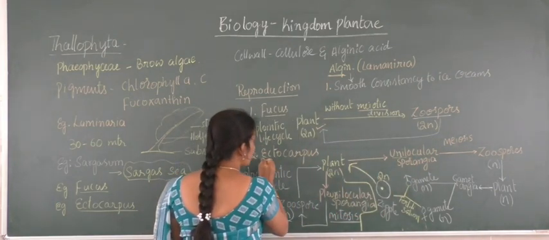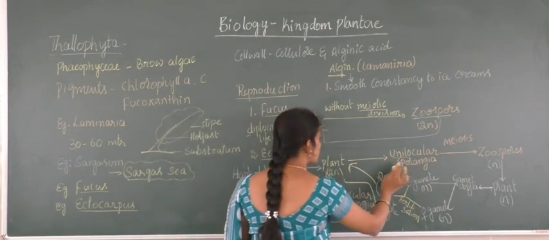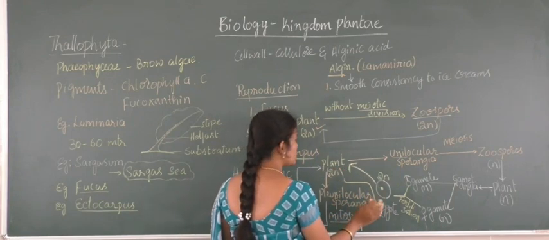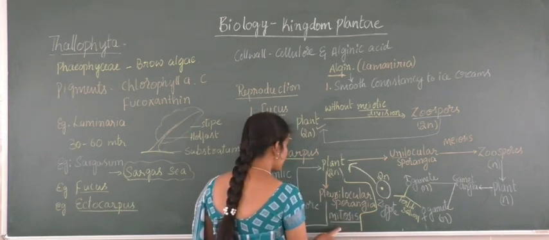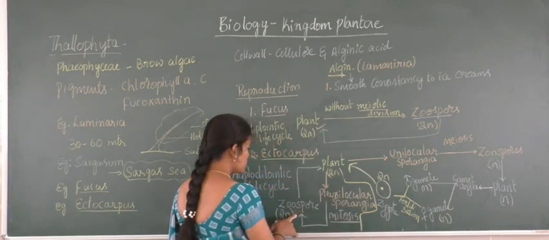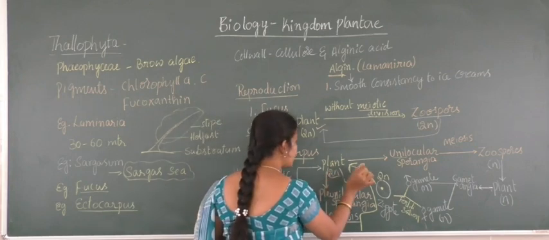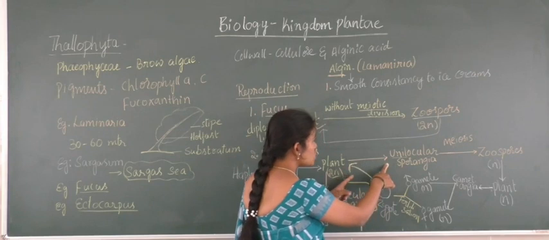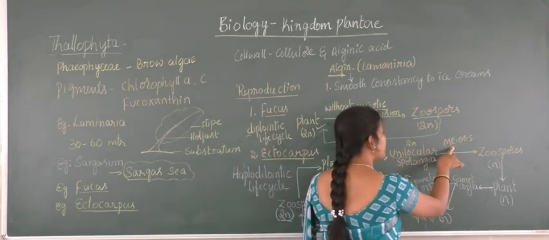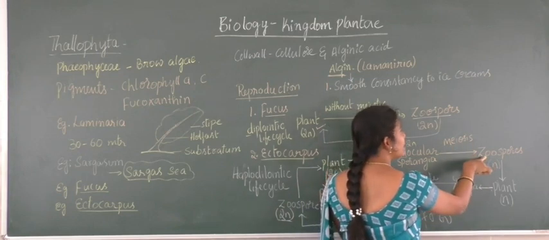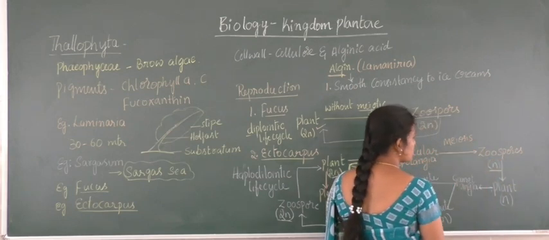But in case of Ectocarpus, the plant body will be 2n but produces two types of spores, unilocular sporangia and plurilocular sporangia. First, the plurilocular sporangia undergoes mitotic cell division, later they develop into zoospores with a 2n condition, and they develop into a 2n plant body only, that is a diploid plant body. But when it comes to unilocular sporangia, this is also 2n in state, and later by meiosis, a reductional division, they develop into zoospores, and those zoospores will be n due to the meiosis.